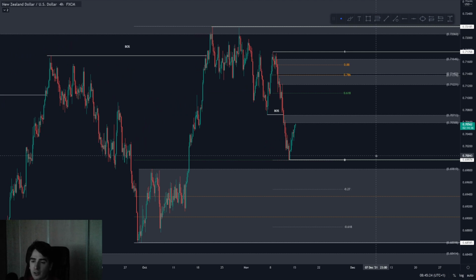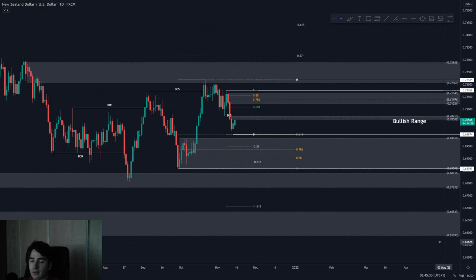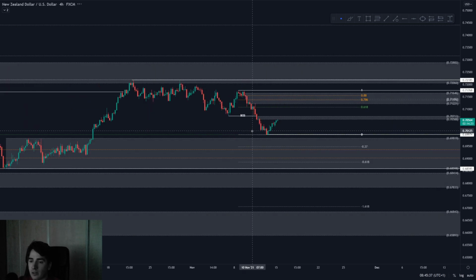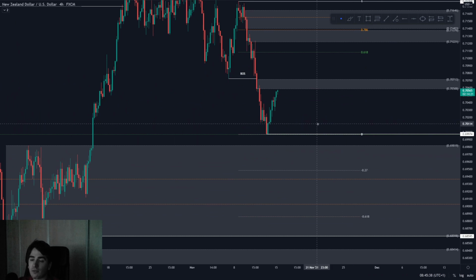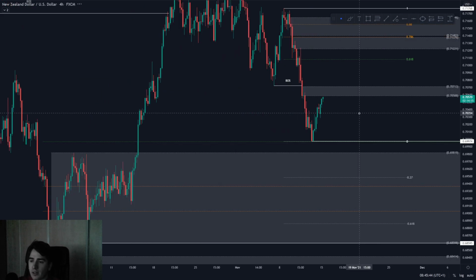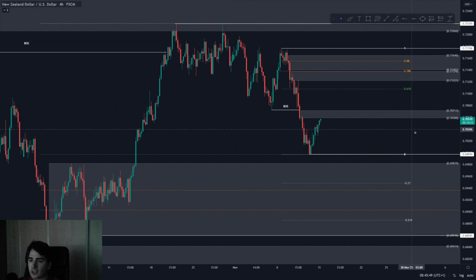And Kiwi dollar is currently located in supply, so we haven't touched this area of demand yet. However, we are currently bullish and we have made that perfect 618 fib retracement. However, the 4-hour and the time frames underneath that are bearish, or at least the 4-hour is bearish. I'm not sure about the 1 hour, but I think the 1 hour is bullish though. But looking at the 4-hour, which is my main focus, the 4-hour is still bearish,